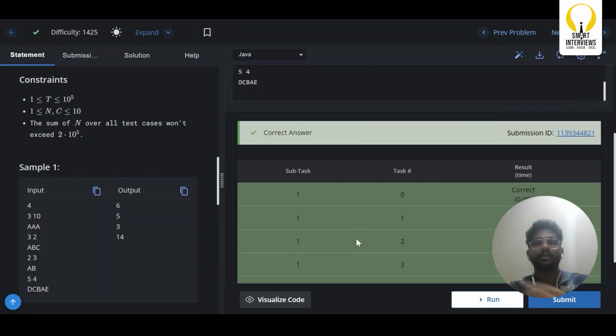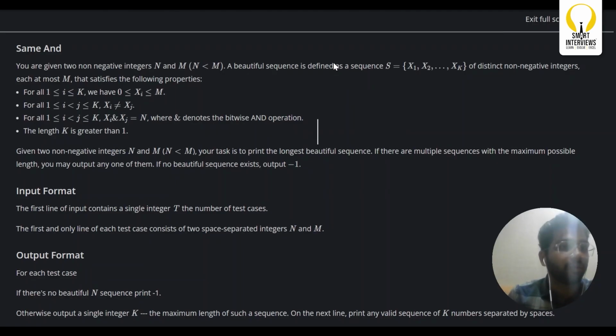Yeah, the code got submitted, right? Okay, the fourth problem: you are given two non-negative integers n and m, where n is less than m, and a beautiful sequence is defined as a sequence containing the following numbers x1 to xk, some k numbers,